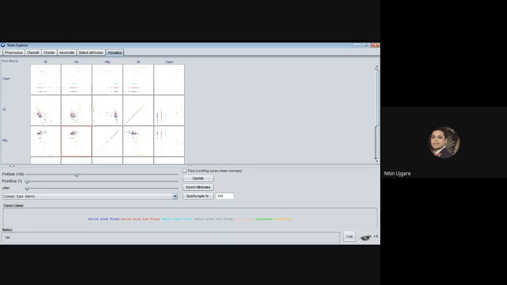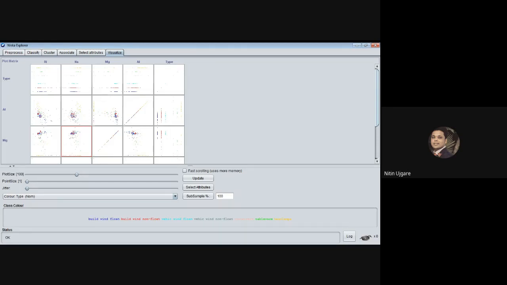I'll just increase the jitter so that the randomness of the samples on this input instance space will be increased. As you minimize the jitter, the randomness amongst the instances will decrease. So I will increase the randomness so that you can interpret it properly.